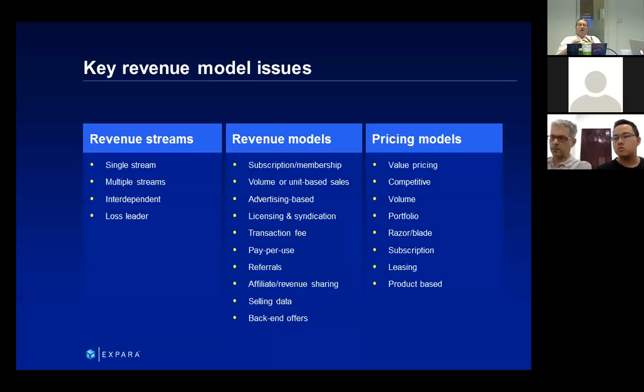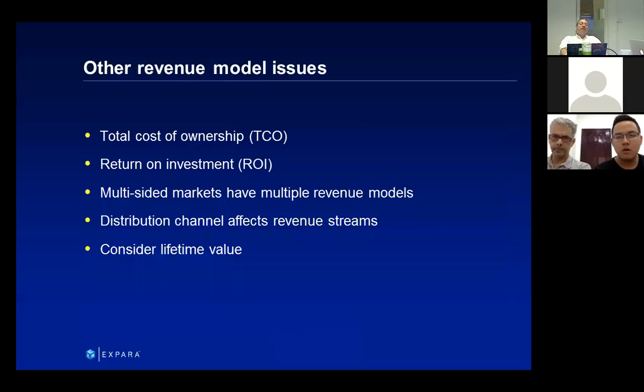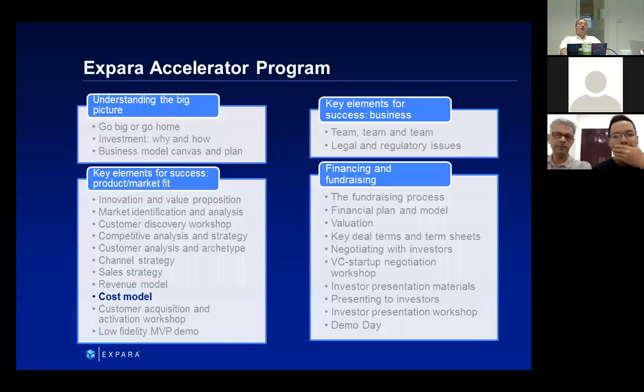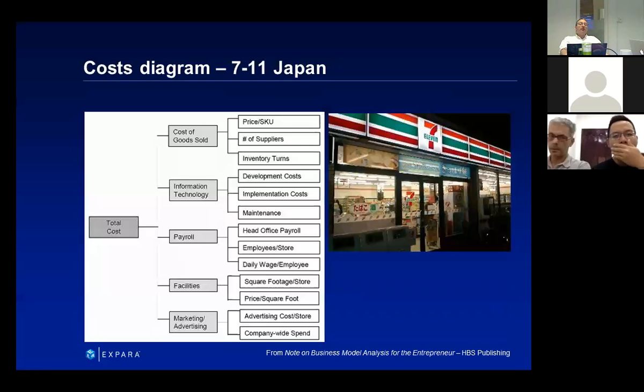So yeah, think quite a bit about a revenue model. Don't just adopt the most basic or simple revenue model. Think about which revenue model leads to the best version of your customer acquisition cost versus customer lifetime value equation. I'm not going to go through all these, but customer level. Okay.